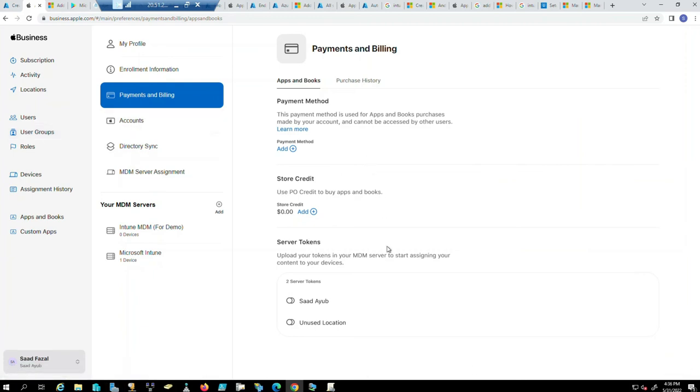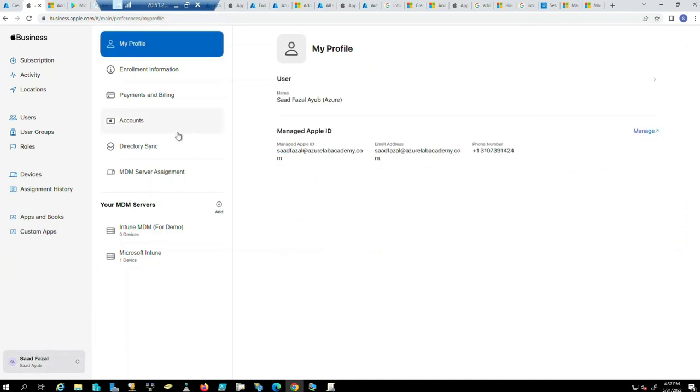Choose a location here and okay. So making a purchase here. Okay, Disney is being purchased. Okay, done. So when you go back to Intune, by default Intune syncs the token with